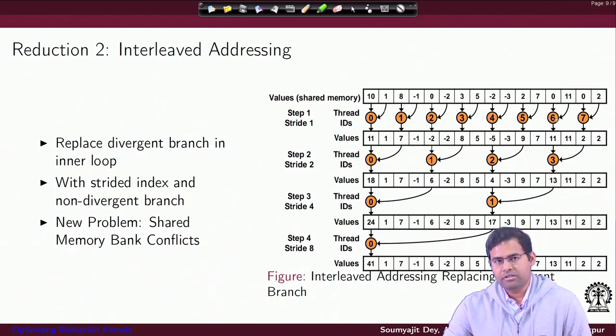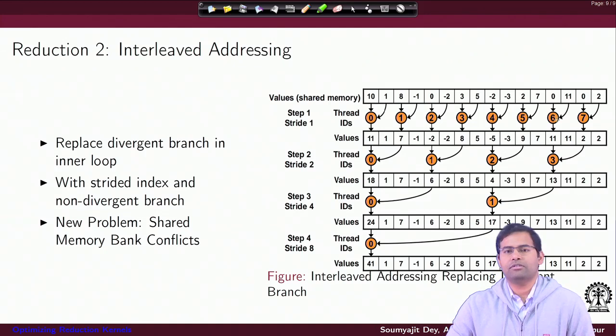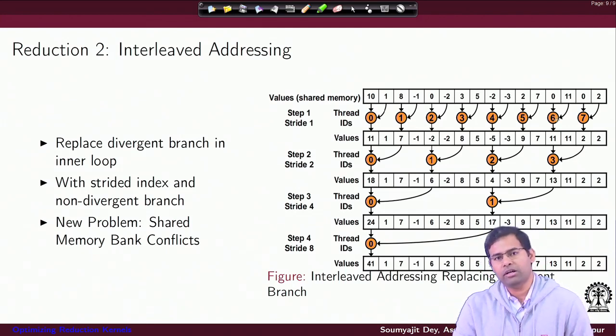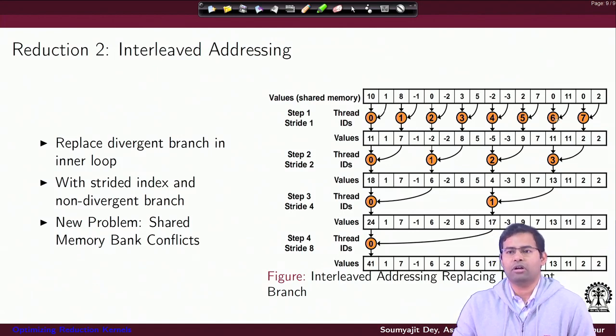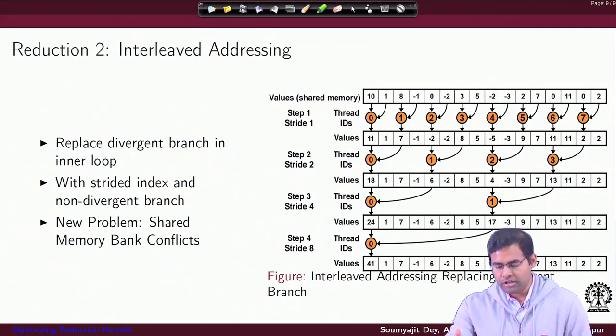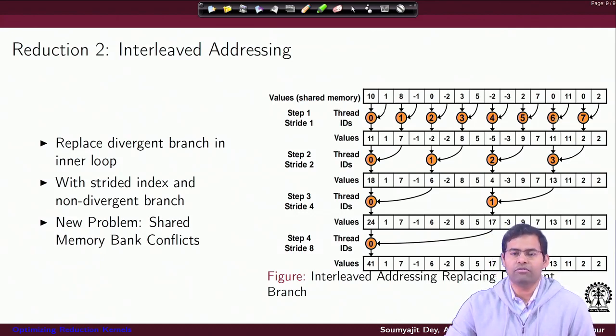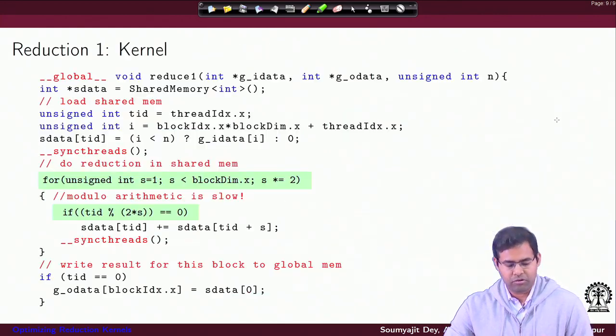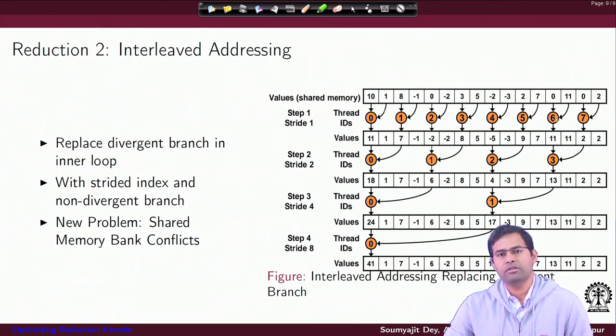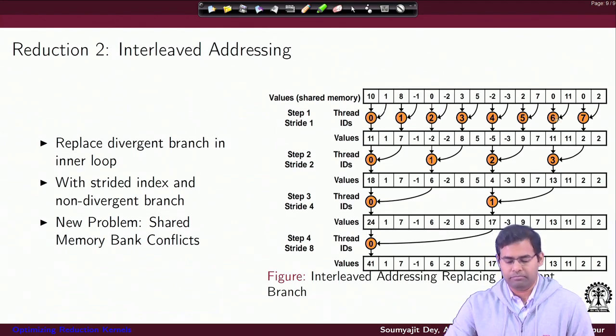The difference between these two pictures is with respect to the thread IDs, that is, which thread is doing the job. Here I still have half the number of total threads doing the job at each level, but the threads are all sequential in index, they form a common warp. I have removed the divergence, so whoever has the job to do will be doing the job maximally. There is no idle slot, there is not the case that a warp is divergent and some of the threads are not working, at least in the initial parts of the reduction. That would significantly speed up the execution of the code when I launch the kernel multiple times and reduce in different parts of the program.